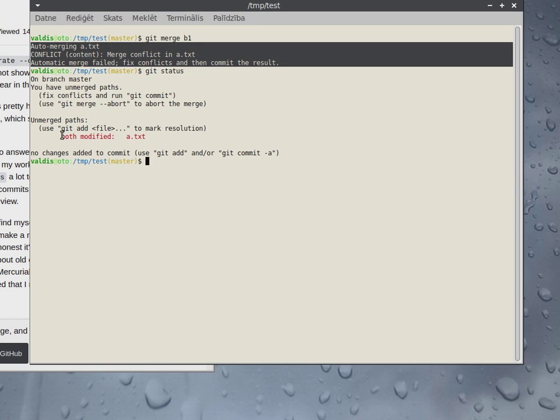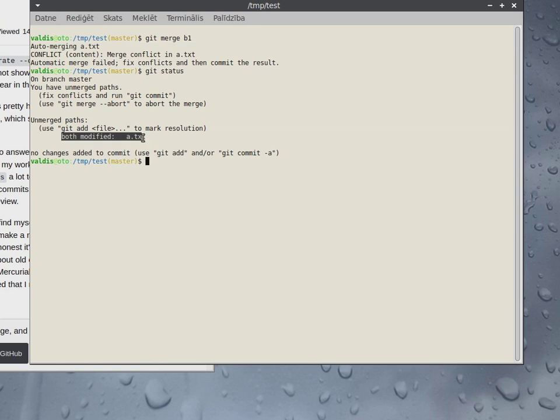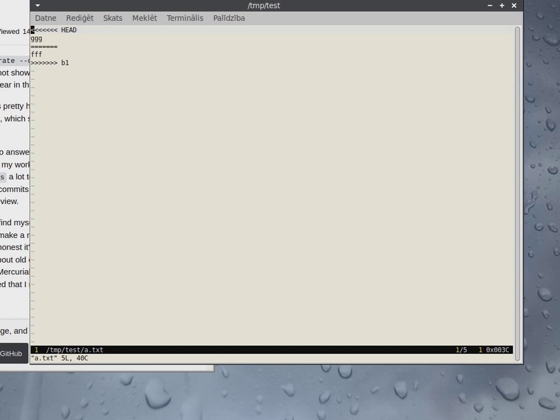Status is following that I have message both modified for 8.txt, and when I look inside it I see this is a block of code and this block of content coming from head or master branch, and this is content coming from B1,